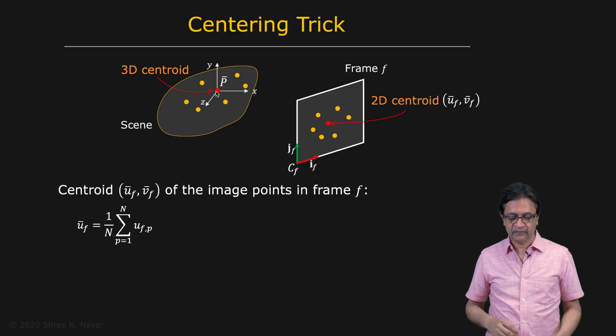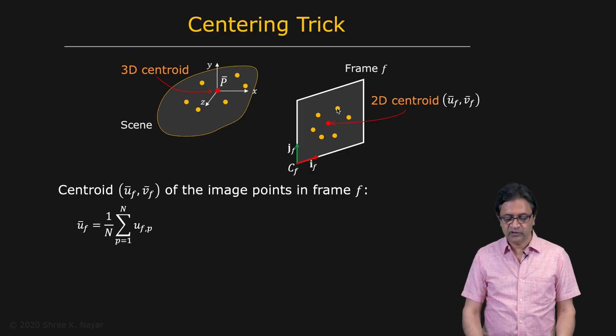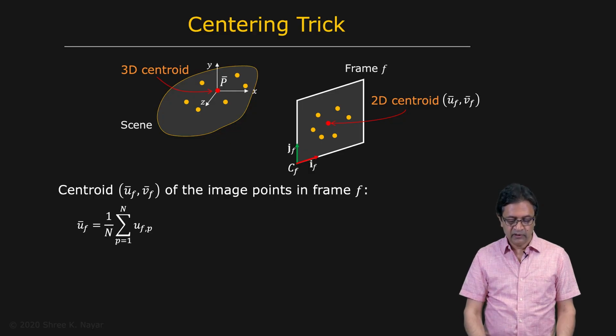Okay, so now let's take a look at the centroid of a set of points measured in the image, the projection of the 3D points onto the image right here. We'll call the location of the centroid of all the points seen in any one frame F as U bar and V bar right here. So what is U bar? U bar is the average of all the U coordinates measured in that frame, that is over all the points,